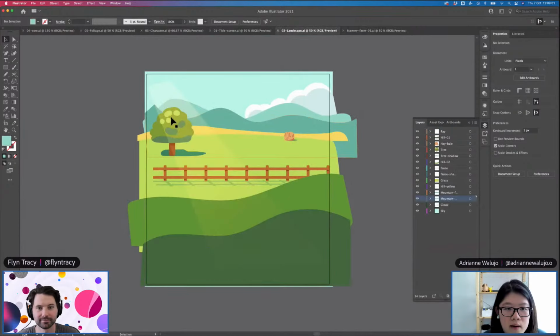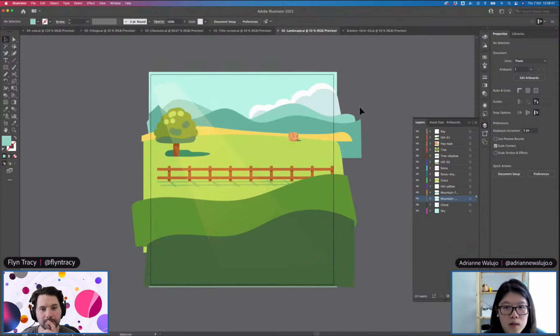Then I separated the original illustration into the landscape. We have the clouds, and even though the clouds were on the two sides, I just need one, so I put it like that. I make the frame bigger than it actually is, because when you export, it will only export what is within the artboard.